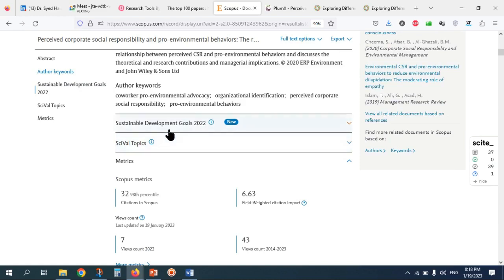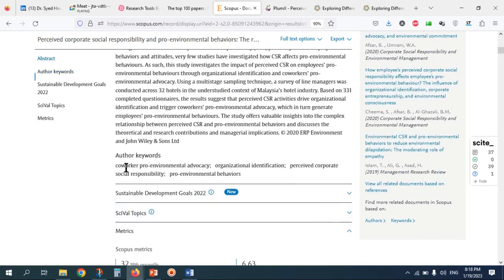Sometimes the system calls this one keyword index, and sometimes the keyword index is different from the author keyword. So you need to select the best keyword set, otherwise you may receive few citations.